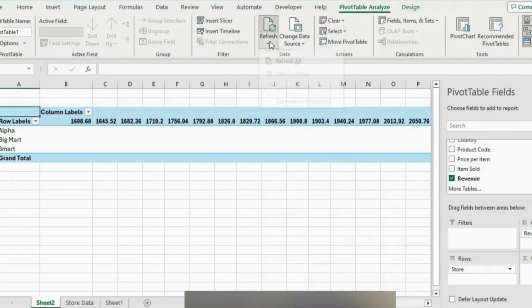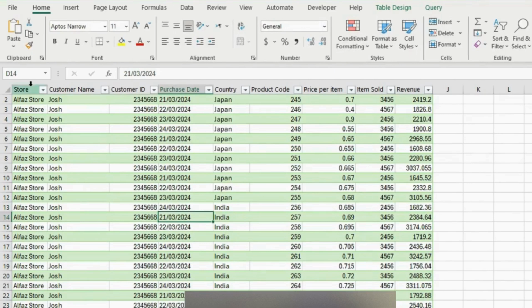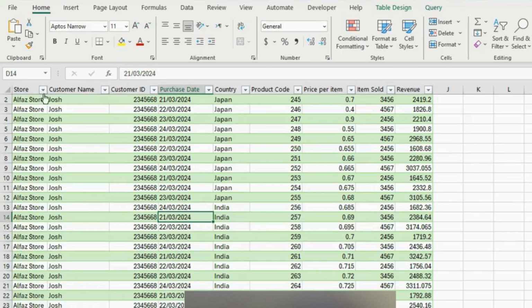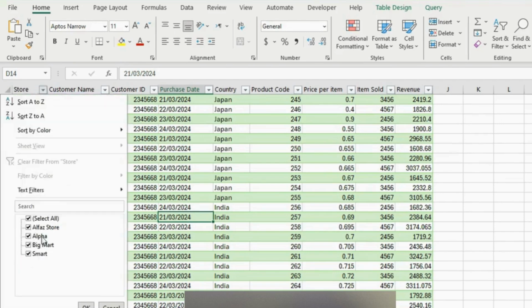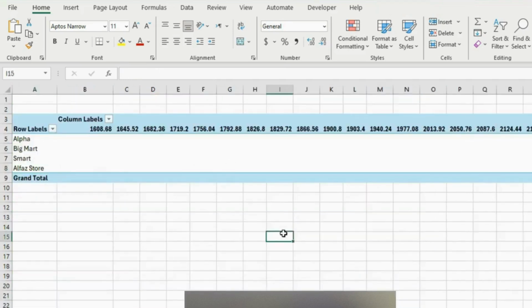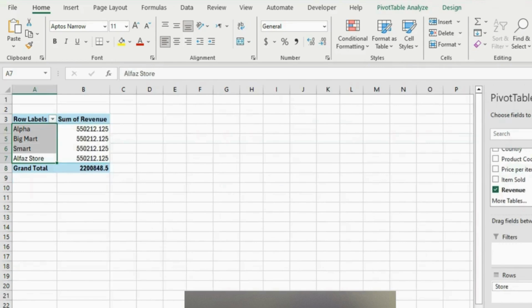All we need to do is go to pivot table analyze and just hit refresh all. After some seconds, you will notice that we now have the fourth row, which is going to be the alpha store, which is this one that we just imported. Now the reason for this is because using Power Query, it's just detecting everything that's inside of this folder. And because we added a fourth file to the folder, that's being detected and accounted for here. If we go over to the store data, click on that drop down, you will see that we have also